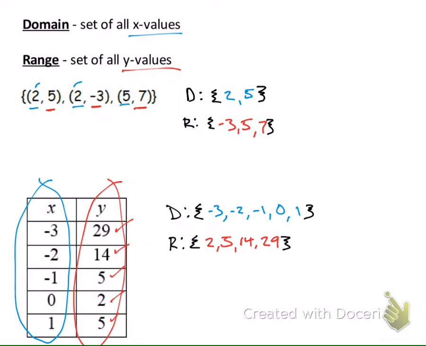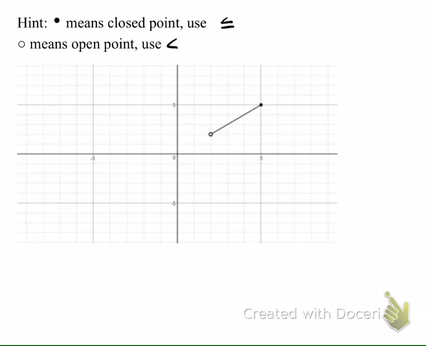All right, those are your domain and range values if I give you ordered pairs or a table. Now, what if it was a continuous function, looking like this? There's a graph, it's continuous. It's not broken up into points. It means every single point between this